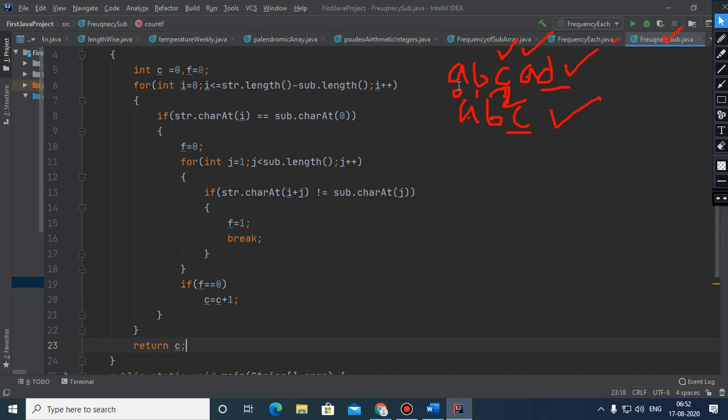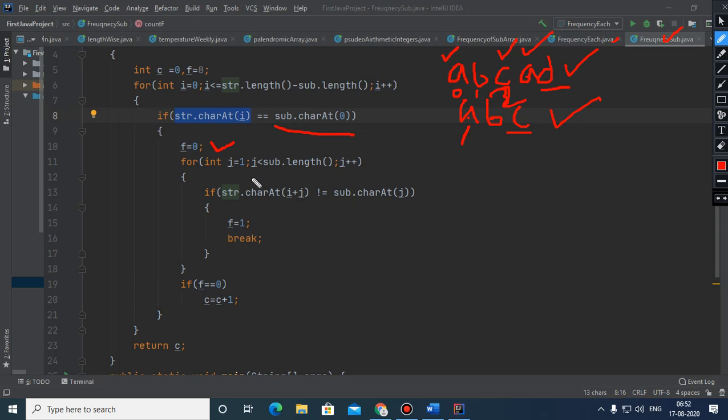Initially, we have taken this string ABCAD, and the substring is ABC. str.charAt(i), so initially i is 0. So we got this very first alphabet, and sub.charAt(0), we got the first alphabet from the substring. And these two will match, yes, f will become 0.